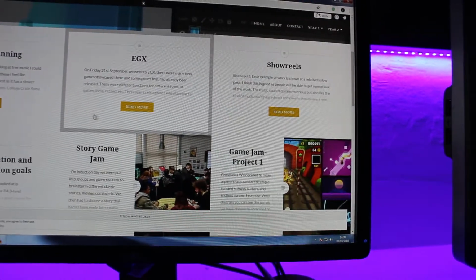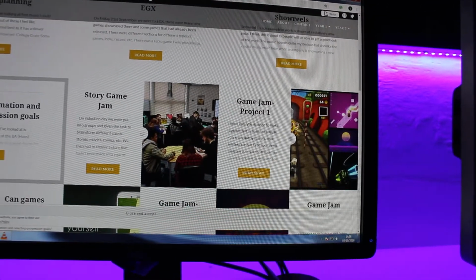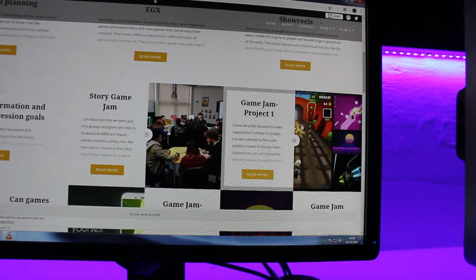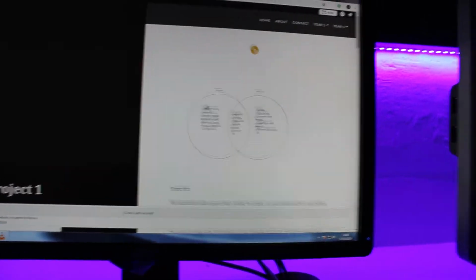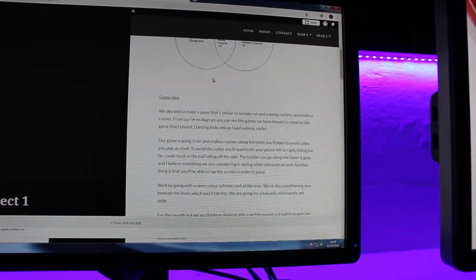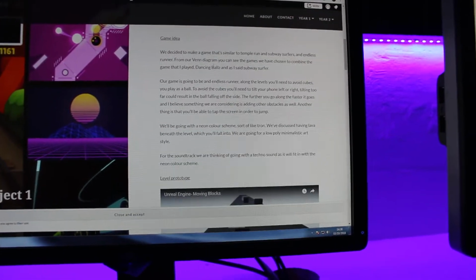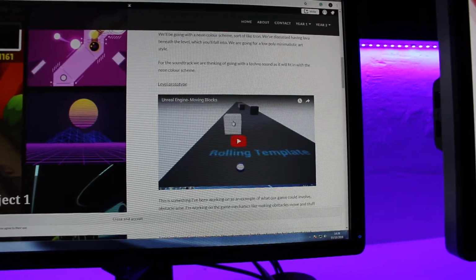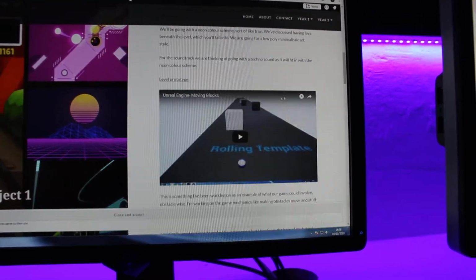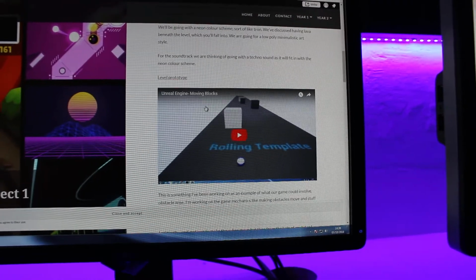So this is Charlotte's blog. This is the story one, so this is the research right here. As you can see, she's got the same stuff as me, but Charlotte was doing enemy coding and that kind of stuff. She looked at moving the blocks left, right, and center, so you have to